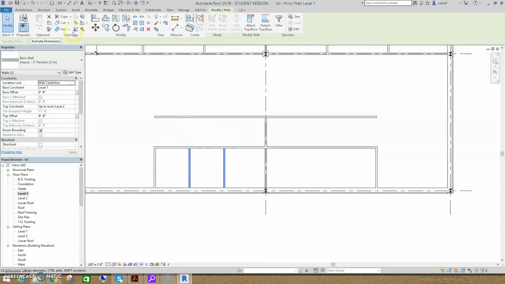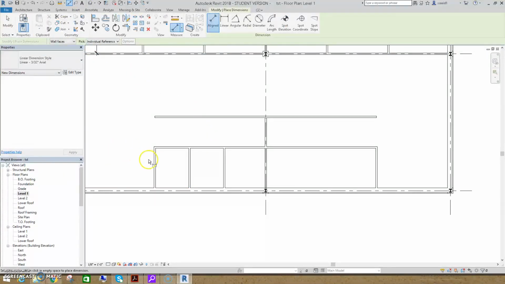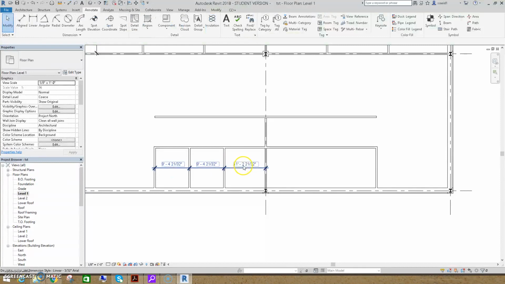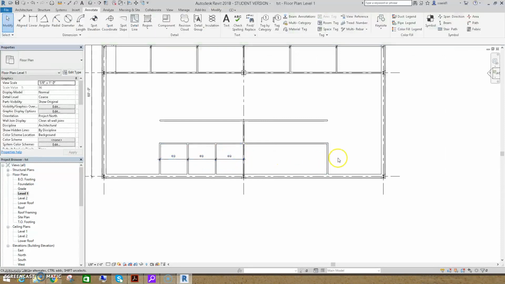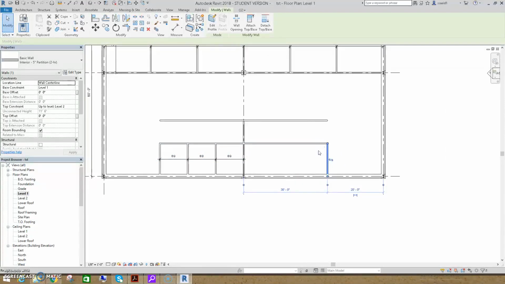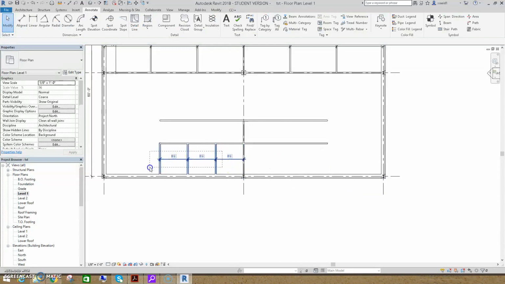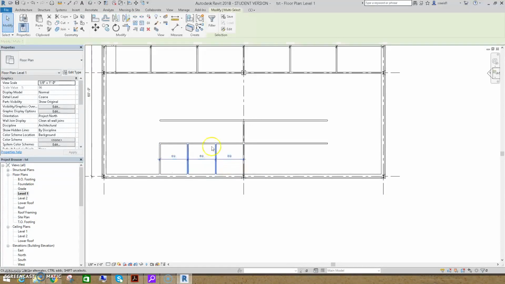there's always ways to make the equal distances here. Let's go to the center of the core, center to center. Click anywhere. Okay. Oops. Equal. All right. Now that I have these things here, I can actually delete this one and copy these things,